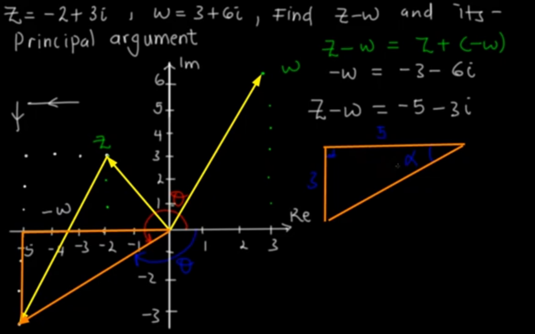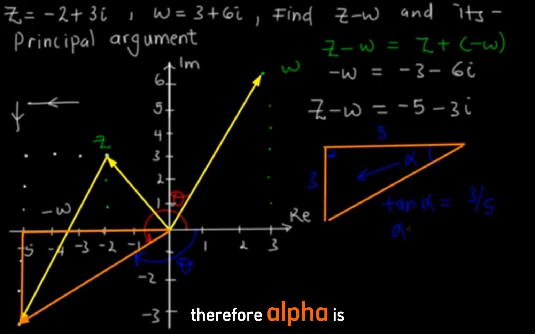So we have the opposite of the angle alpha and the adjacent, implying that by use of trig we shall say tan of alpha is equal to opposite out of adjacent. Therefore, alpha is equal to arctan of 3 out of 5. Let's get our calculator and obtain the value of alpha. So alpha is equal to